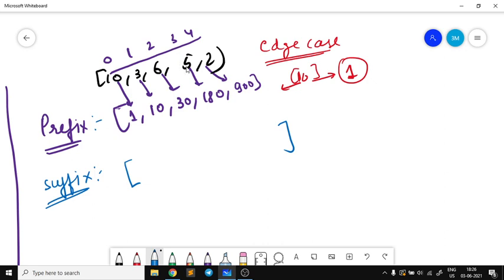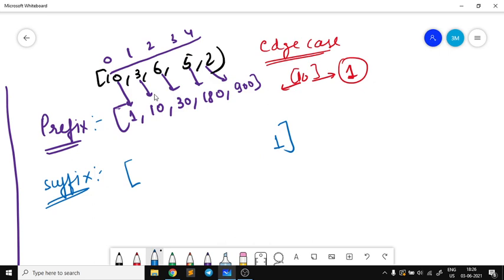You can see for index number three, I am using the prefix stored for index number 1, and then I multiply it with 2, the element at the second index, to get the answer for the third one. That's what I'm doing. Then I'll do the suffix also in a similar fashion; for 2 it will be 1 here only. I hope this one is clear to you.